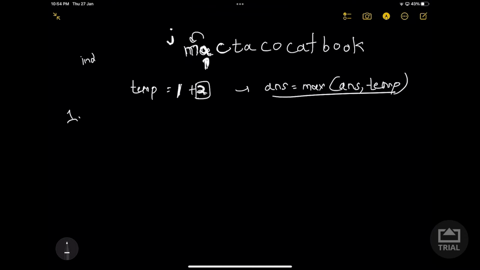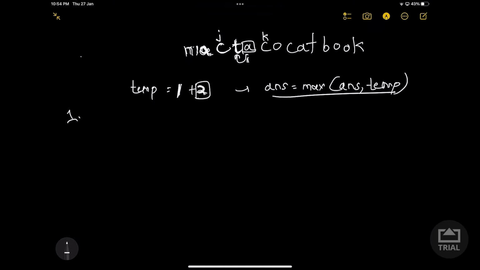Suppose our i is here, in this character. So if this character is equal to its left character, then we will take j from here,